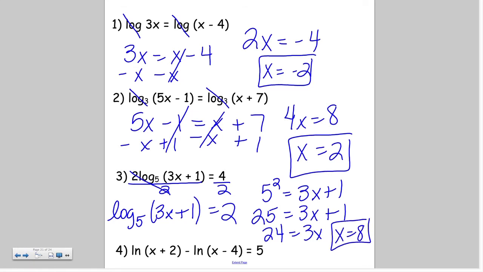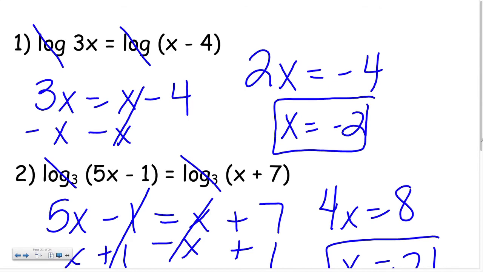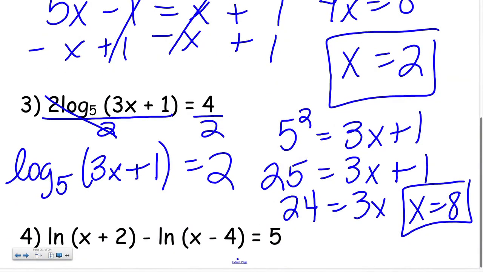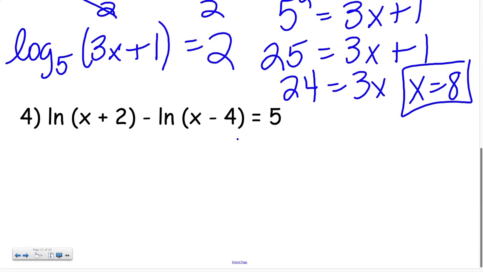Alright, we're going to make this a little bit bigger so we've got room down at the bottom. Okay. Now, because we have logs on one side, and we're subtracting them, we've got to condense. So with subtraction, that means we're going to divide. So we're going to have one natural log